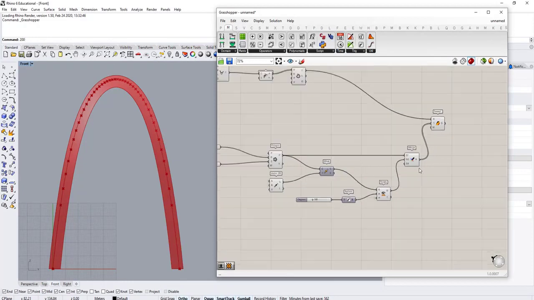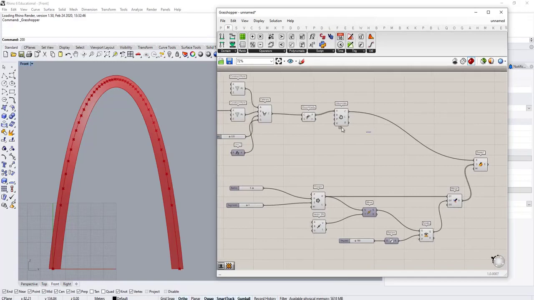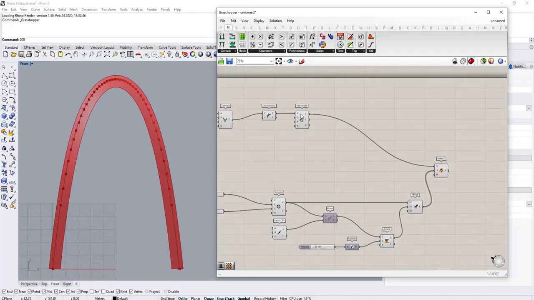So to do this, to place a new cross section right in the middle of the catenary,